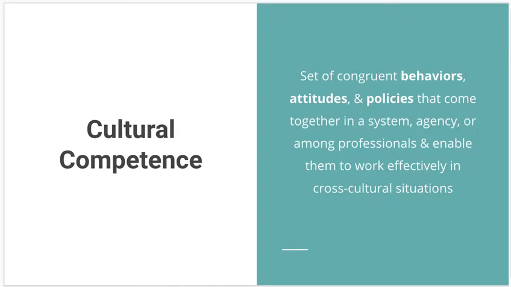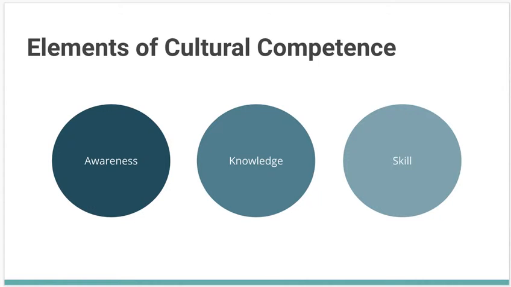So let's break this down a little bit. What are the basic bare bones of what cultural competence means? Well, there's three elements of cultural competence: awareness, knowledge, and skills. Cultural awareness is that cognitive process in which you as a coach are open to the values, beliefs, and practices of your pivoters. Cultural knowledge is the process of understanding different cultural worldviews other than your own. Lastly, cultural skills are the process of learning how to assess, communicate, and manage diverse pivoter populations.